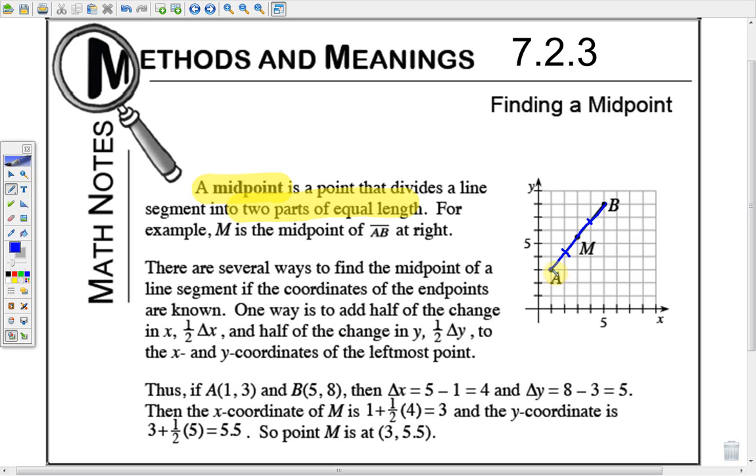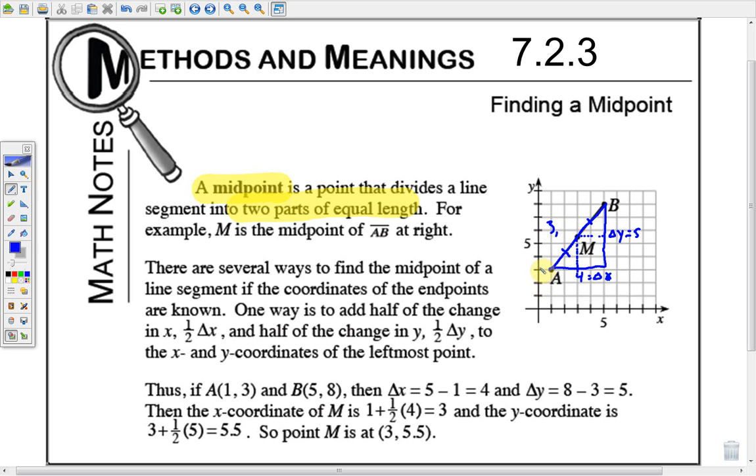So in other words, the change in x from A to B would be 1, 2, 3, 4, and the change in y would be 1, 2, 3, 4, 5. So delta y equals 5. If we take half of the change in x, that means we go over 2. And if we take half the change in y, that means we go 2.5 up. We get this position right here at M, which would be at 3,